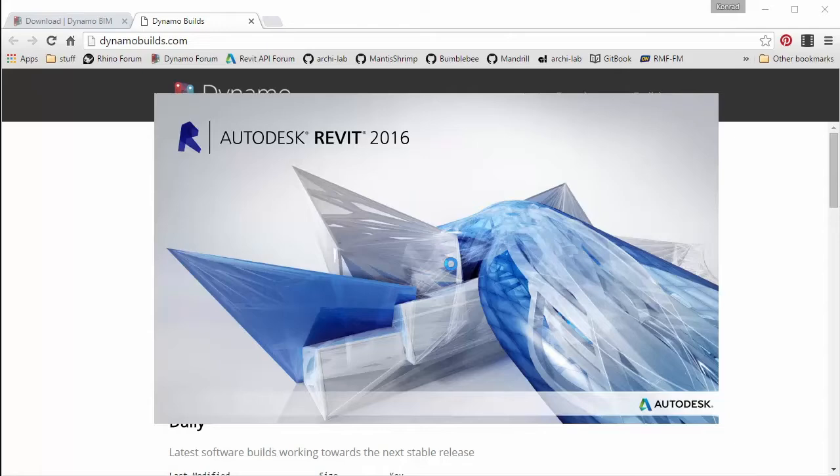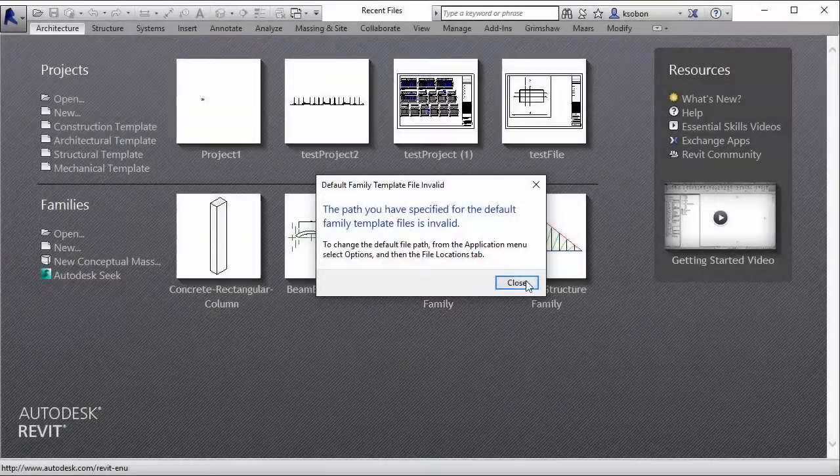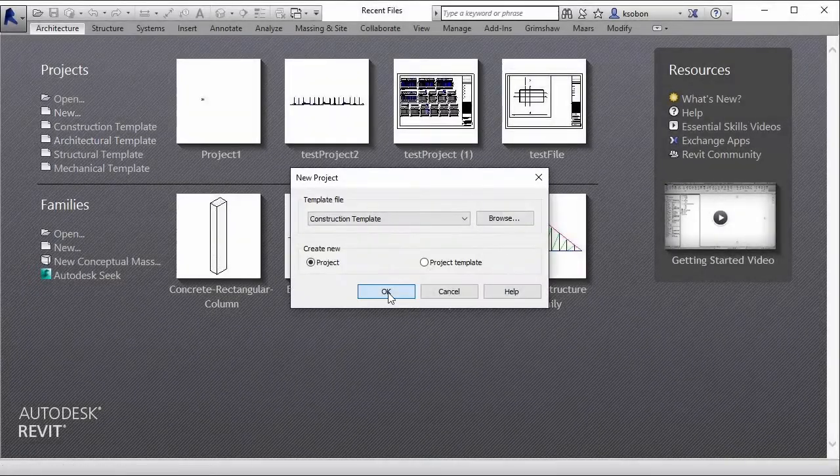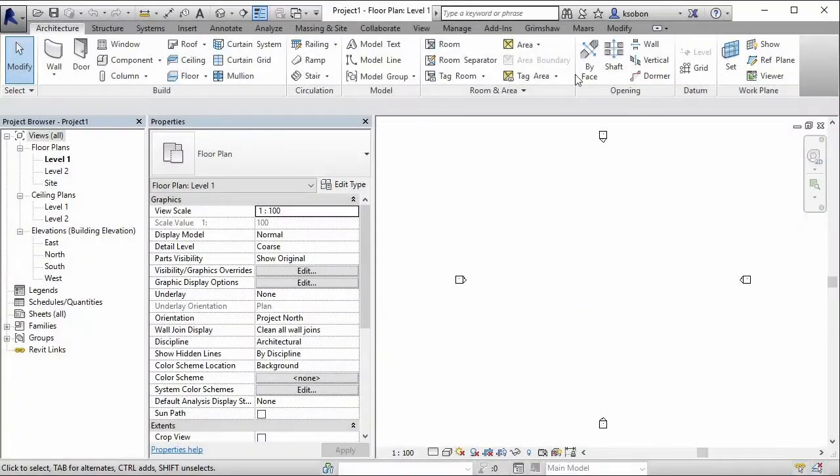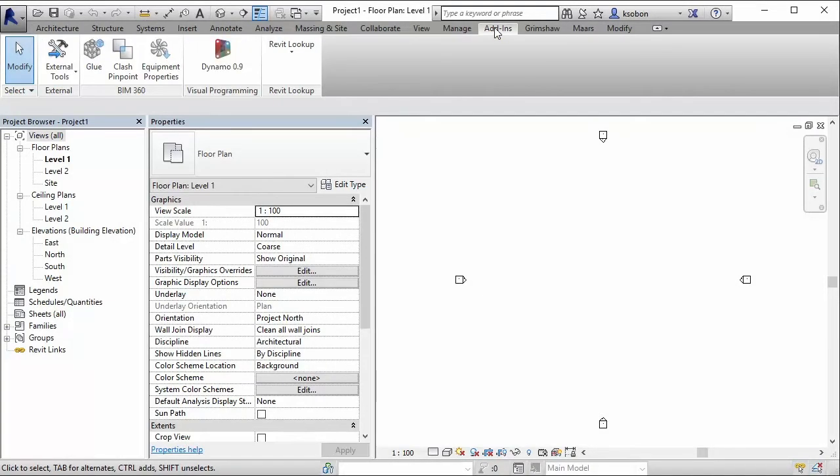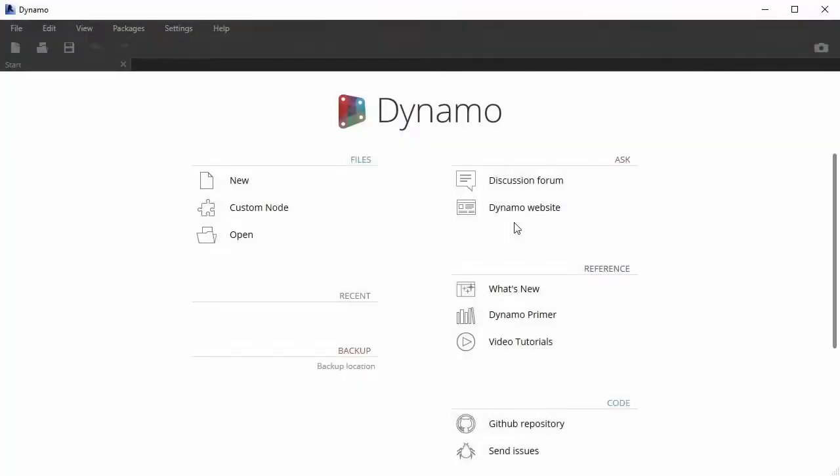So first let's pull up Revit. Once we have Revit open, we can find Dynamo in the Add-ins tab, and there should be a new Dynamo icon here. Once you launch Dynamo, you'll be greeted by the startup page.